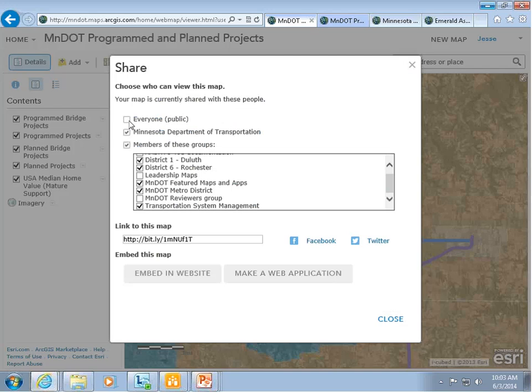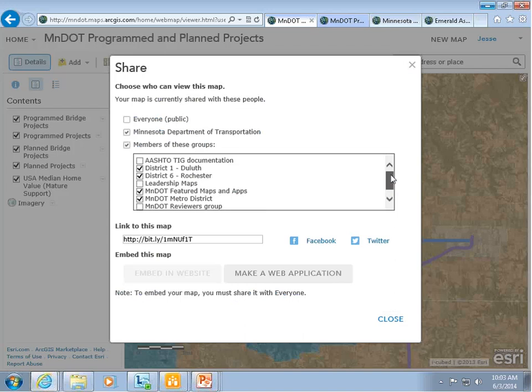If you don't want to share this in public, let's say you've added some information, but you just want to share it within your group, you can pick your group. You just want to share it with your metro district. So you can select a specific group which you want to share it with, and then if I go ahead and